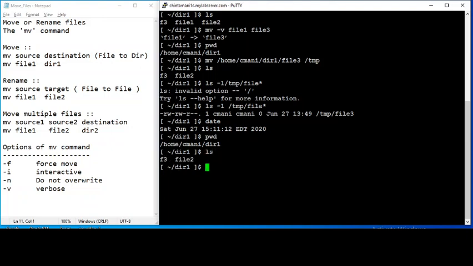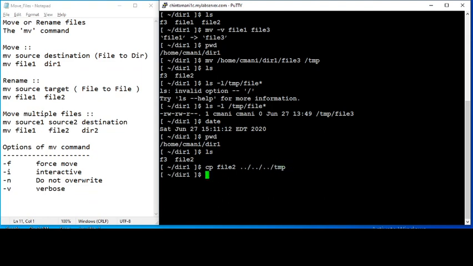So what I will do is I'll say cp file 2. By default, when I say file 2, it will try to pick up from the current directory. So I can also say dot dot, and again dot dot, then again dot dot, which means it will go 3 steps back. So it will go to the root directory. So I'll go up to the root and then say slash tmp.